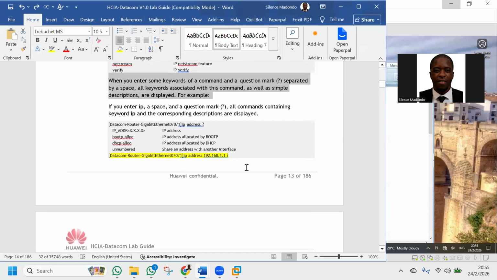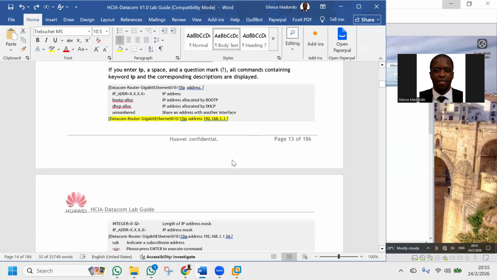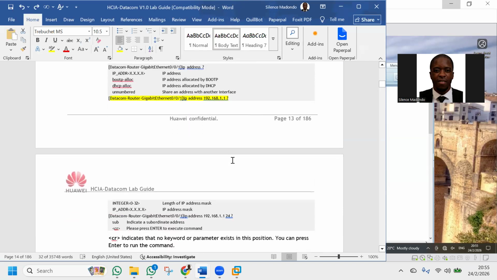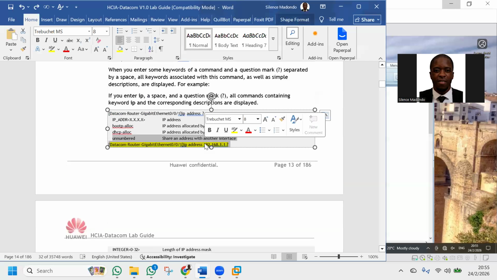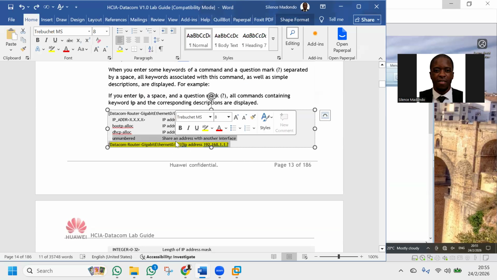I'm going to skip all this. Then I'm going to go directly to inputting an IP address. How do you input an IP address on an interface, right? So you enter the interface according to this command. You enter the interface,